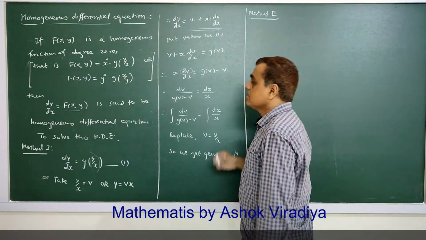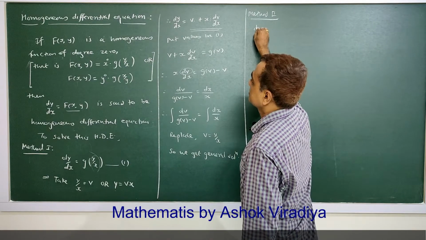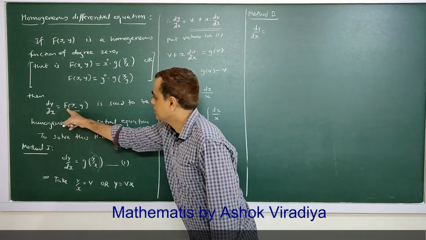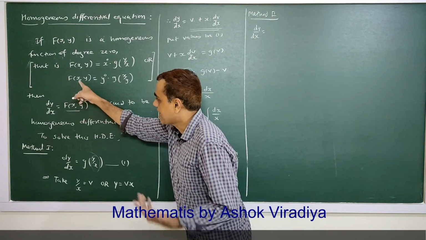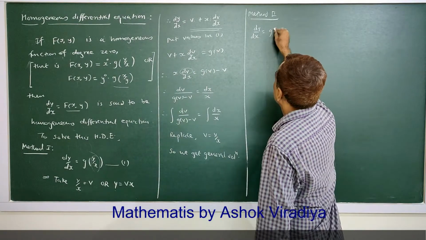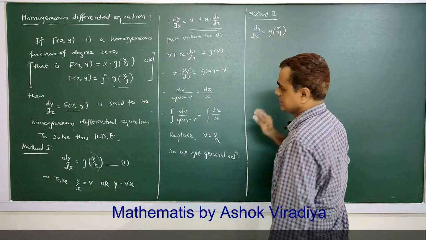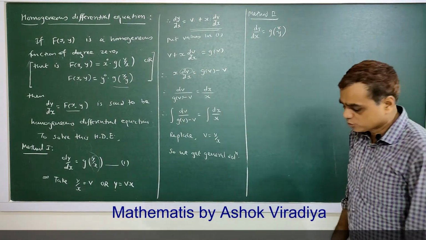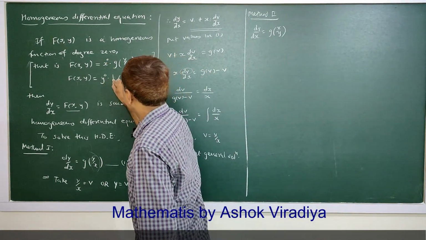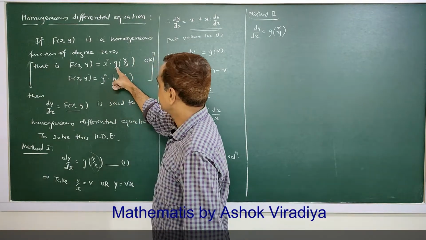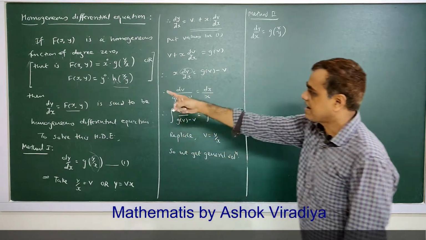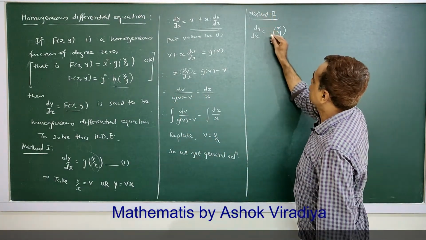Method 2 is dy by dx. If dy by dx is equal to f of x, y, and f of x, y is a function of x by y, I should use a different symbol here. Suppose I take h, because the g symbol is already used here, so we should not use a similar symbol. So if f of x, y is h of x by y,